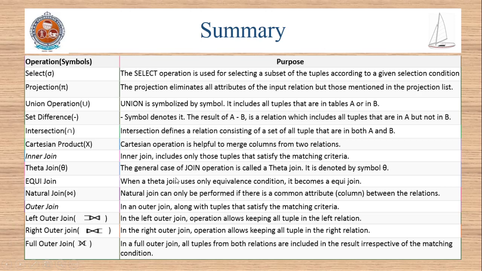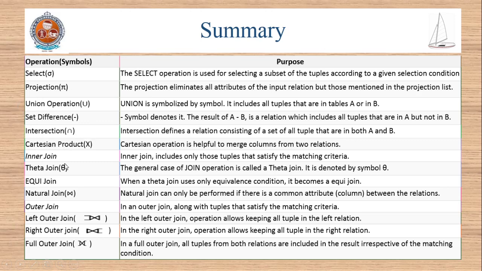And this is the summary of both lectures, part 1 and part 2. These are the total relational algebra operations we have discussed in this lecture. That is, the unary operations are select, projection, and rename. Where is the rename? Rename is not shown here in this summary due to space constraints. And here union, set difference, intersection, and Cartesian product are the relational algebra operations which are taken from set theory.